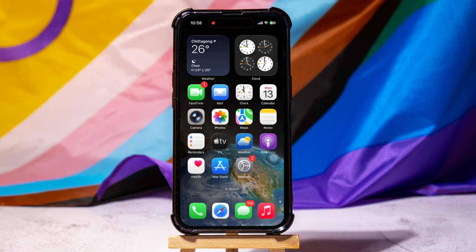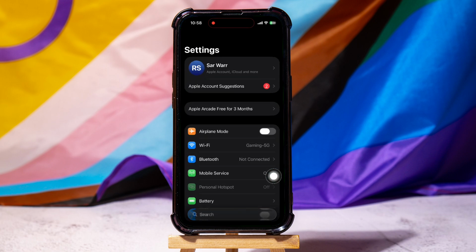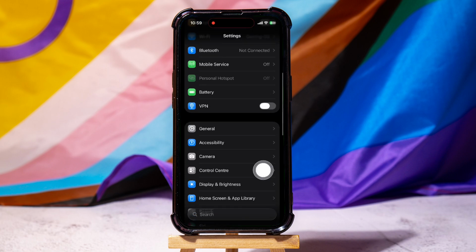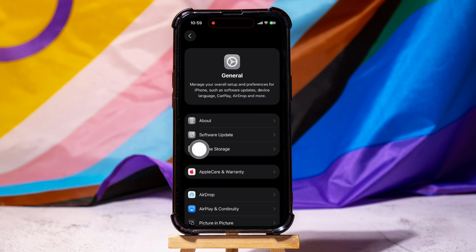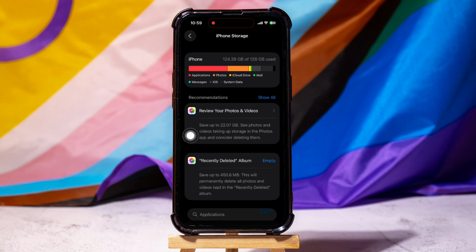How to instantly increase storage on iPhone. To get started, first of all go ahead and open up the Settings application on your phone. Now, tap on General. Inside the General menu, tap on iPhone Storage to view a detailed breakdown of your device's